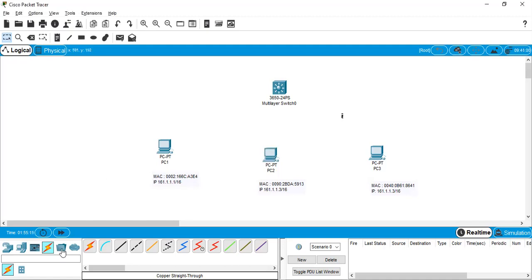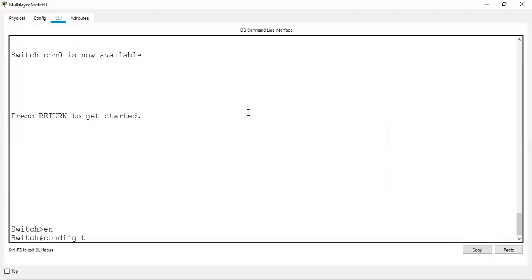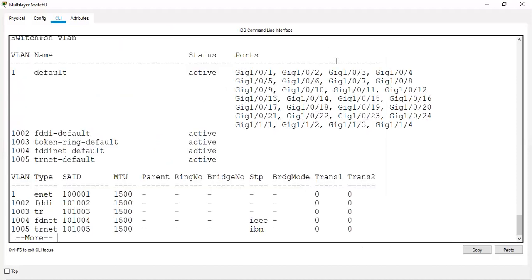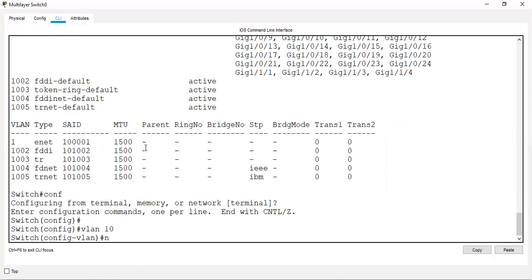Okay. Now we will configure the switch. Console. So let's say this is the switch. Enable. Let's say show VLAN. We have a default VLAN with all the ports. So we will configure VLAN 10, name PC.